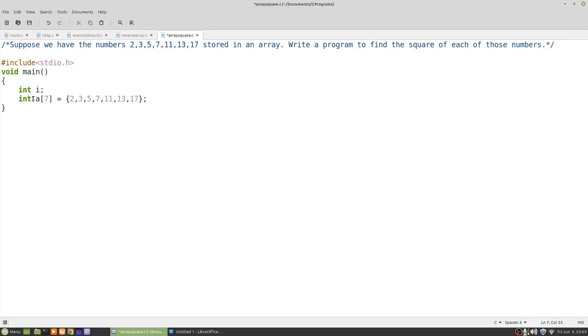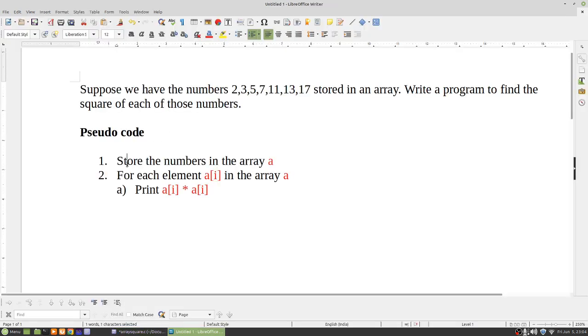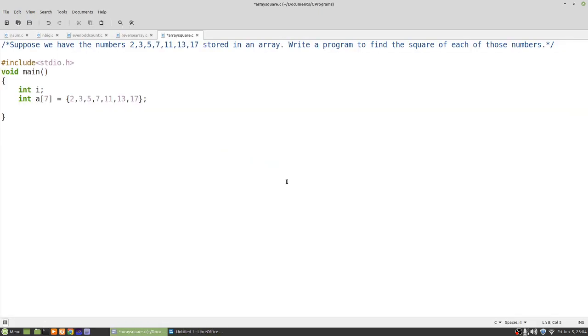So this is what I meant by compile time initialization, because we know what are the values inside A now itself, before running itself. Okay, so we have stored the numbers in the array A. Now as usual, we need to go through each of the elements and then find the square. So we can do that by i equal to 0, i less than 7, i plus plus,